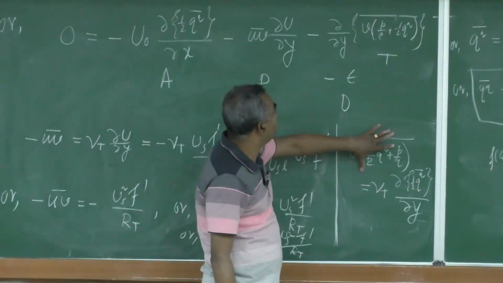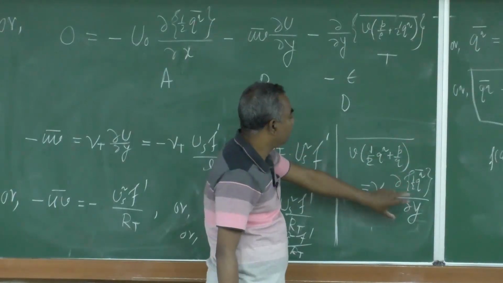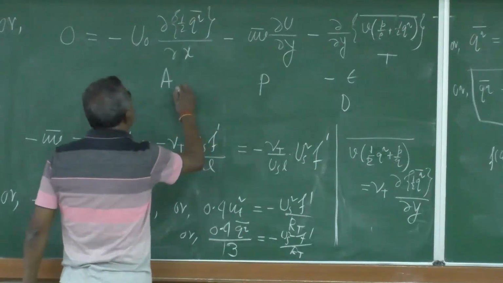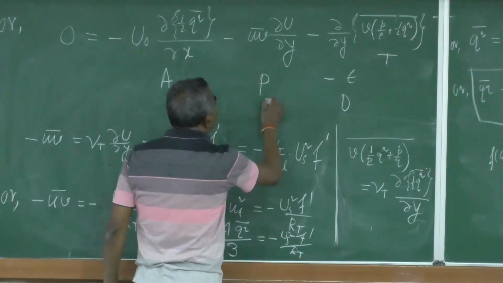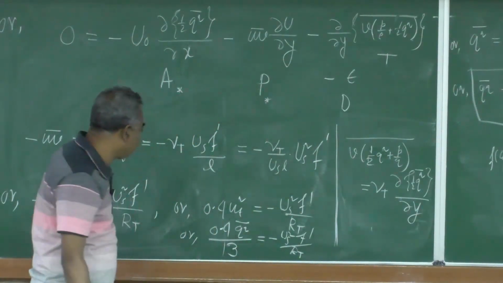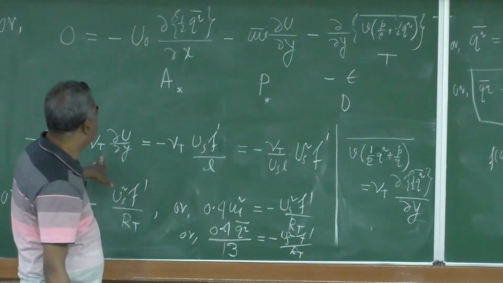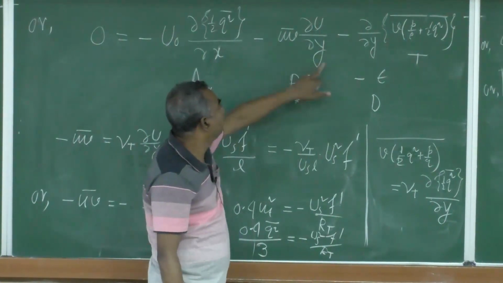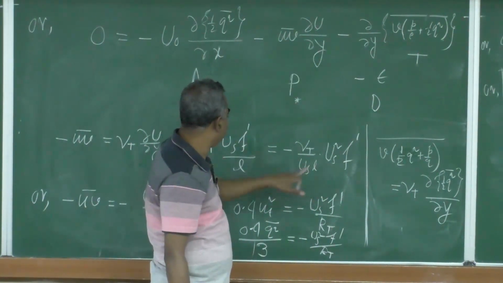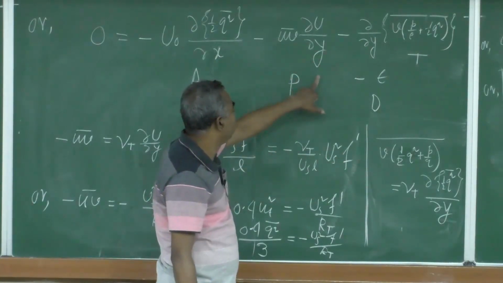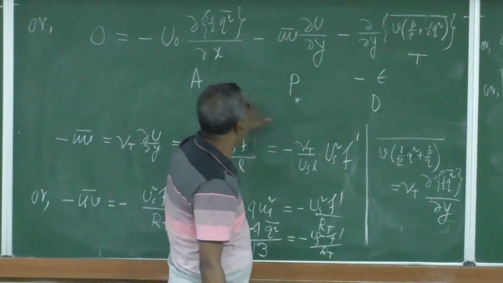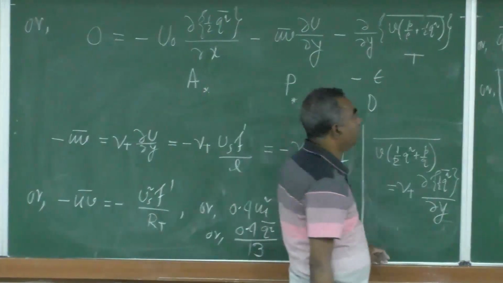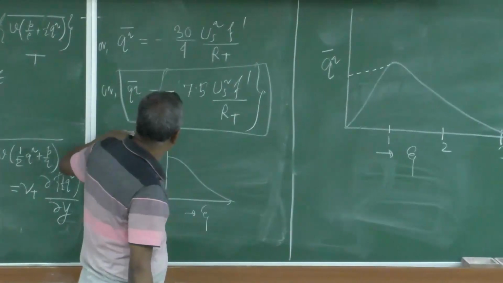So, that means this quantity can also be approximated using q. In this equation, this is q, and this also can be considered as a function of q. If you see here, uv, which is 0.4 ut square, can be considered, and this can be considered as your f prime from the expression of f. So, except dissipation, all these terms can be expressed in terms of q square, for which we know the